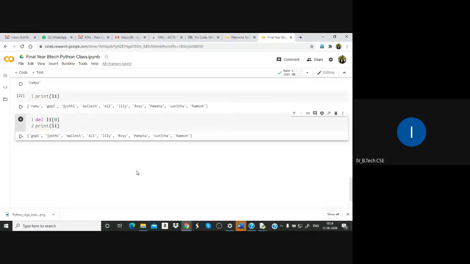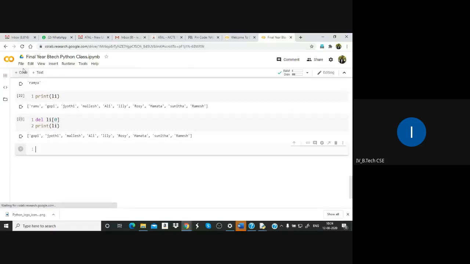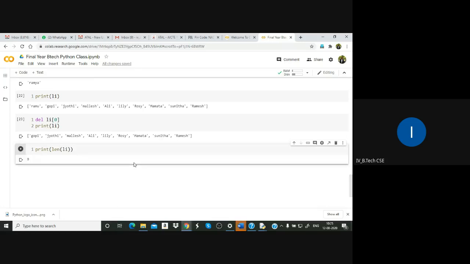If I want to find the length of the list, how to do that? Using the length function. Like this you can find the length of the list.